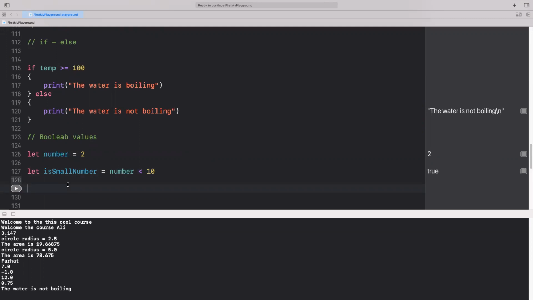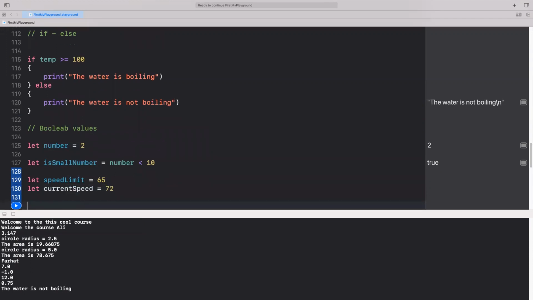So for example, in the other example we have, we say let speed limit equal 65, and then let's say let current speed equal 72, and then we can compare. Okay, so let is speeding